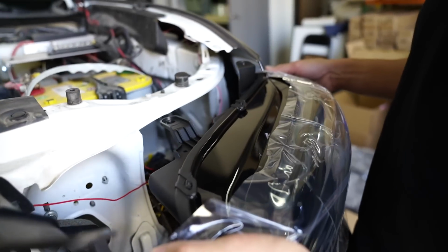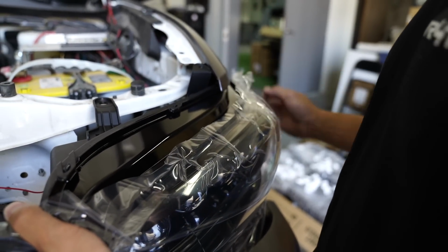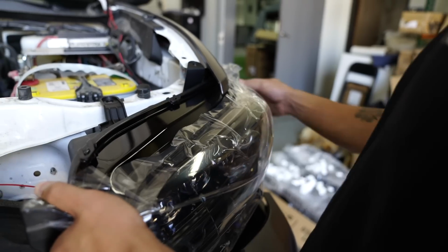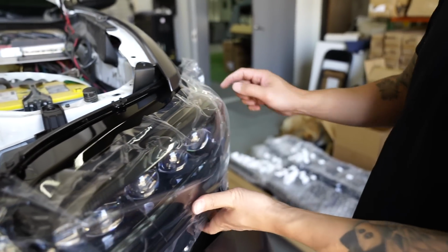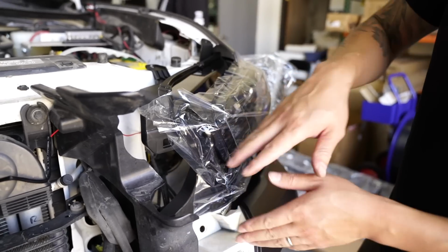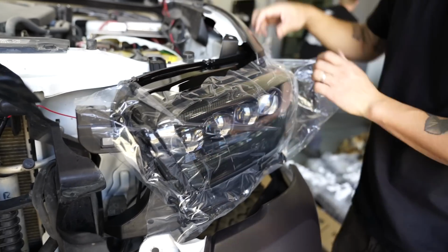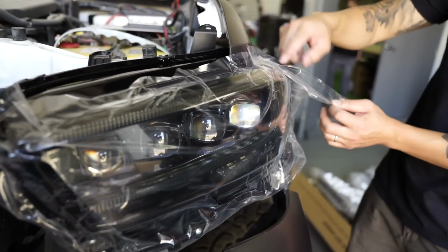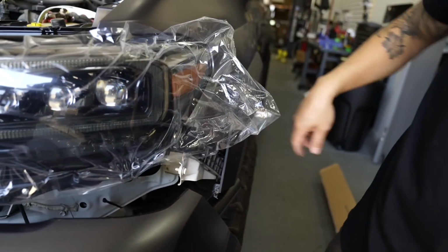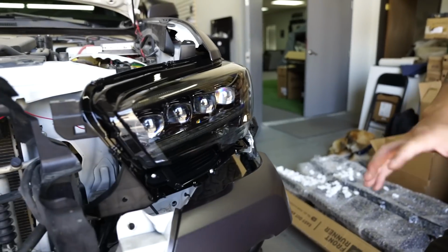So make sure you still keep your headlight wrap on just to protect it when you're installing it. That way you don't scratch up the lens. Get those tabs over. And then down here, just make sure that slides into there, like that. Okay, once you have that bottom piece in, this one in, that one in, make sure that it is around here. We're good. At this point, you can just peel off the film